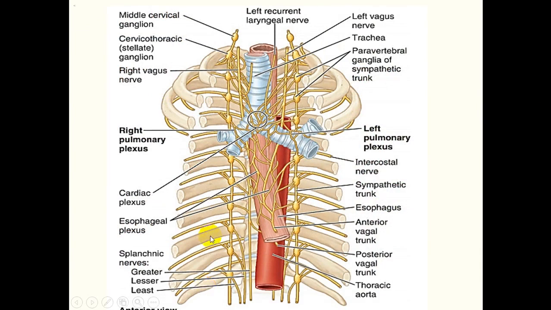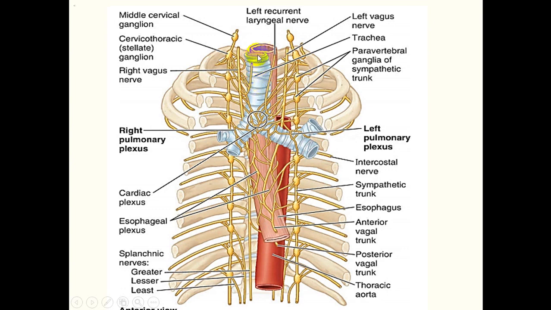Nerve supply, as has already been discussed with the visceral pleura, is of two types, the parasympathetic and sympathetic nerves. Parasympathetic nerves are derived from the 10th cranial nerve, vagus nerve, and they cause bronchoconstriction or bronchospasm. That is, they decrease the diameter of the tracheobronchial tree. And they are also secretomotor, that is, they increase the secretions of the mucus glands present in the mucosa of